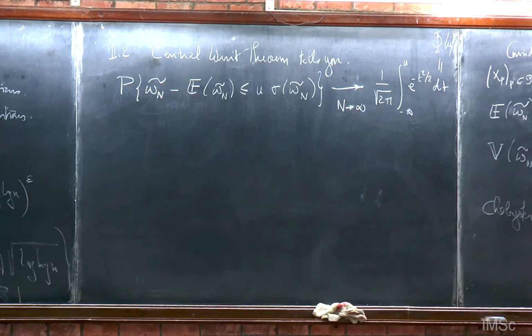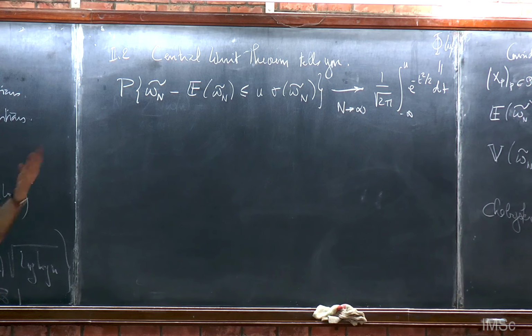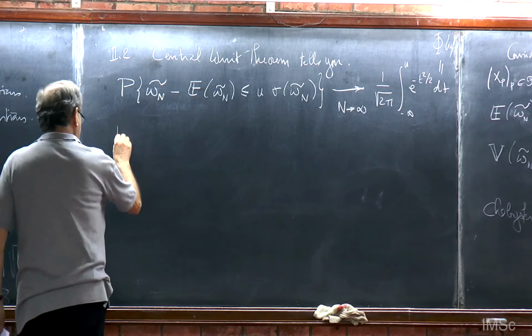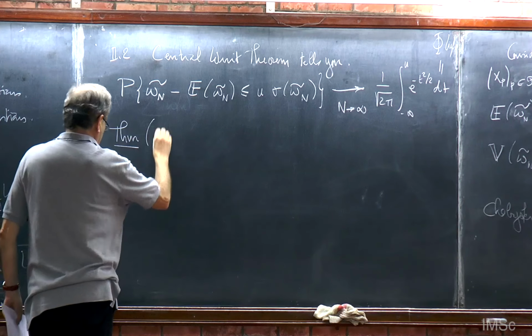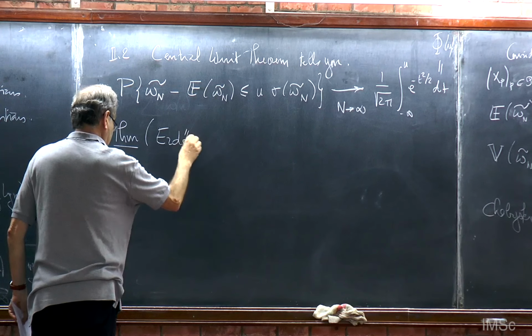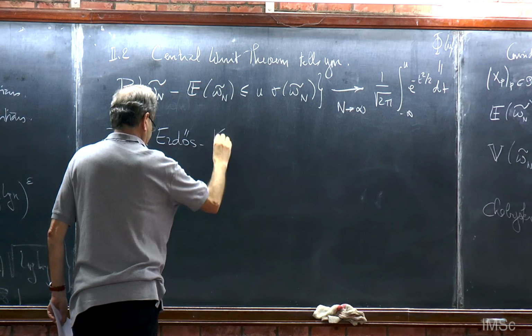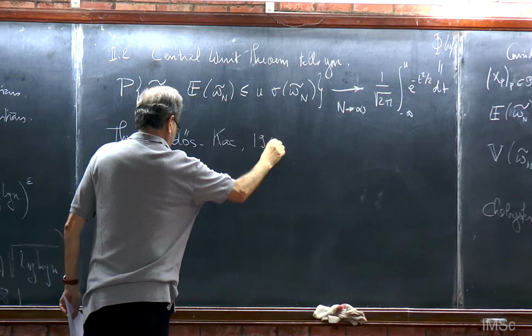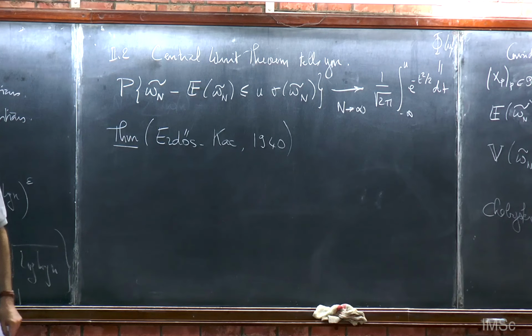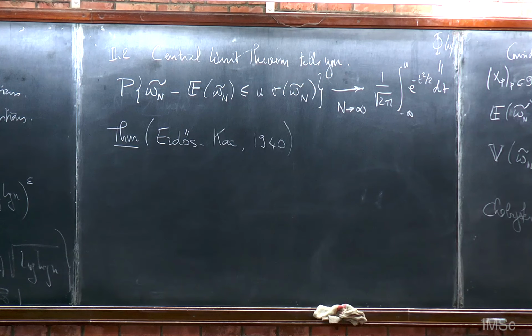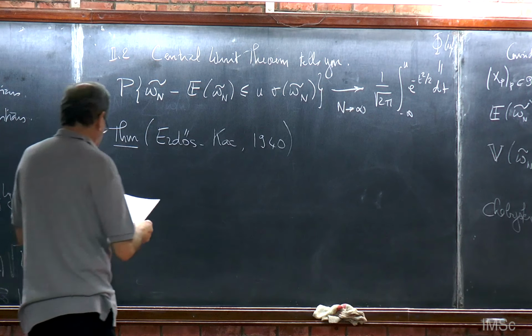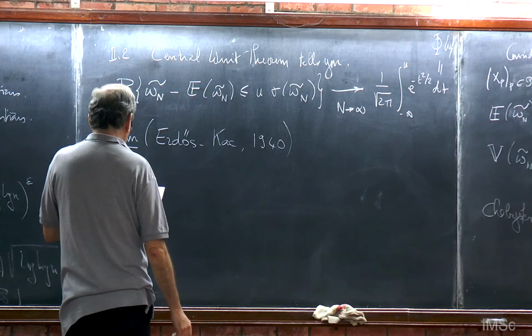Okay, then when you know the central limit theorem, you say, aha, but let us go to real life. Do we have something like that in real life? Yeah, and the answer is yes. And this is due to Erdős and Kac, 1940. Then it goes a bit forward into probability. It tells you, yes, this is true also for the real function omega of n. Okay? Erdős, Kac. So it will tell you the following, that for any u,